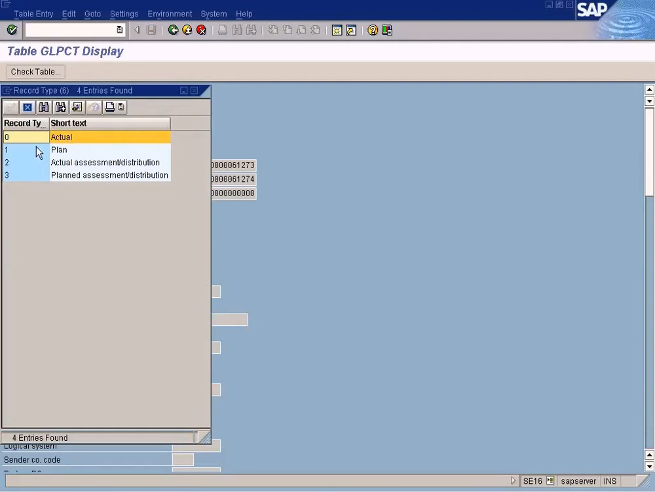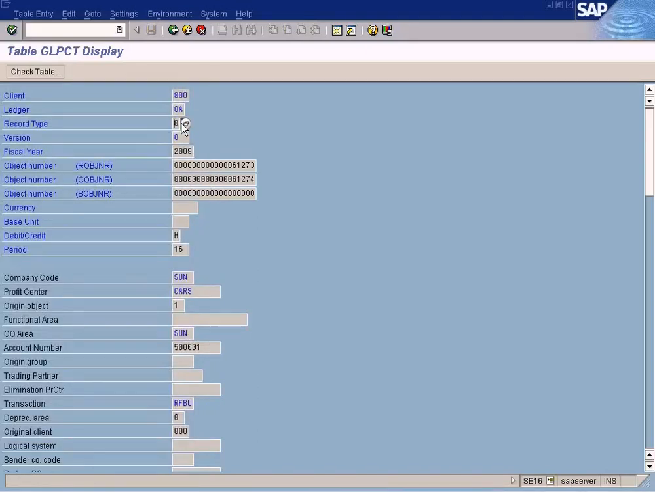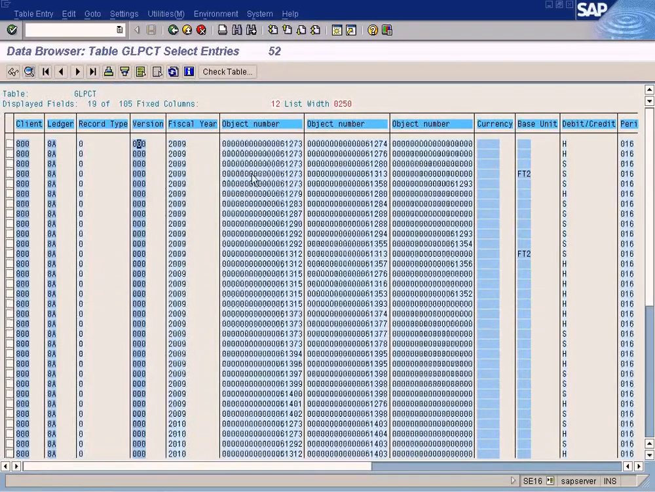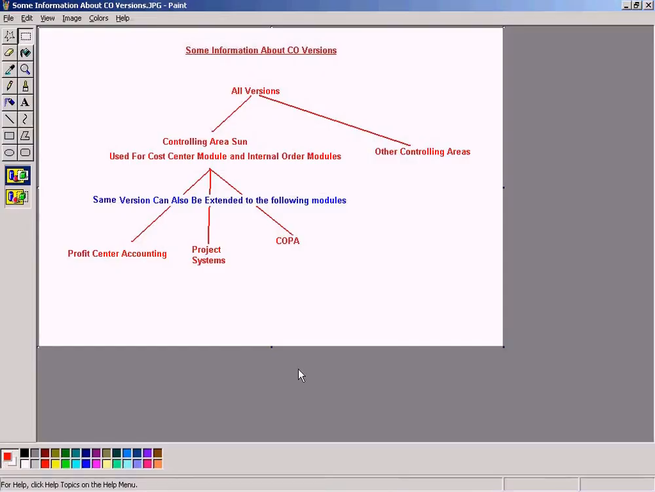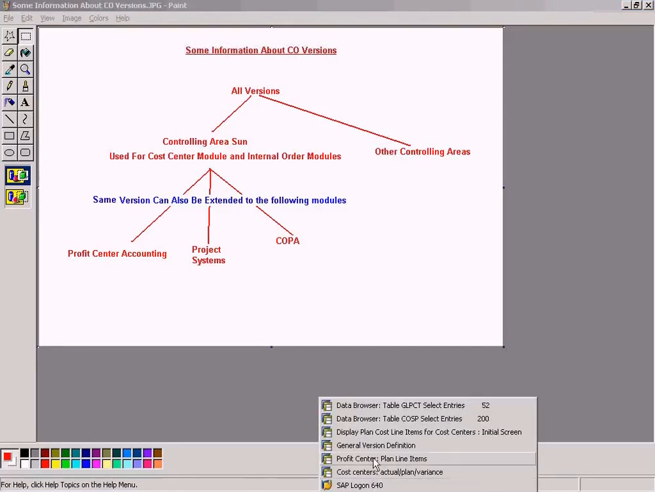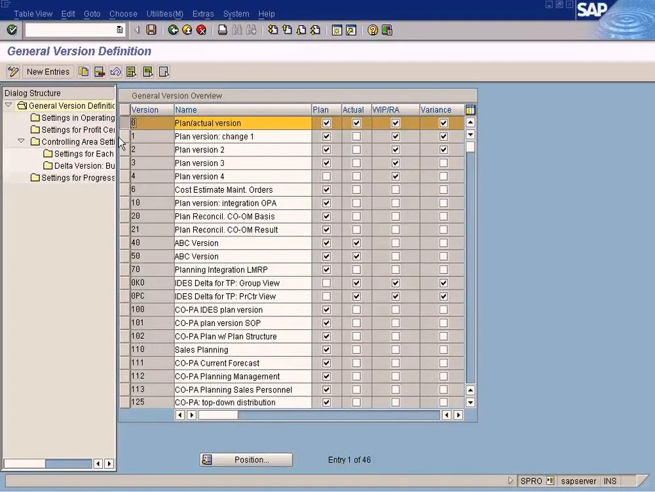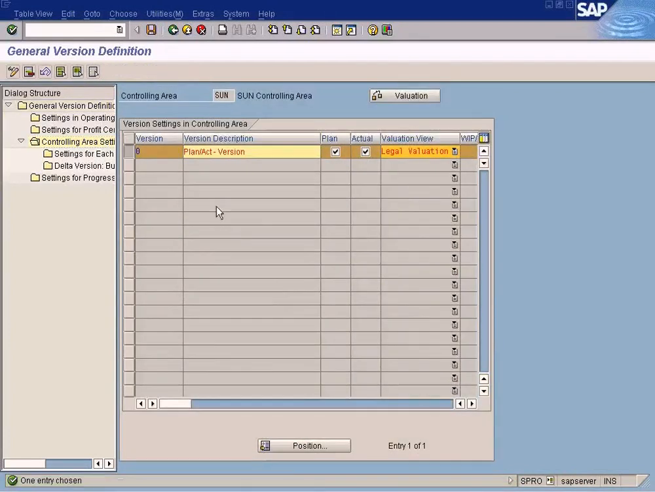and information is also stored by the fiscal year, as you can see here. Alright, hopefully you can understand what I'm trying to say. And the same 0 version can also be used for other controlling areas. As you can see here, I can just select this and then I can go here, controlling area, and I can change the controlling area to 1000. Before that, go back, you must change the controlling area here to 1000